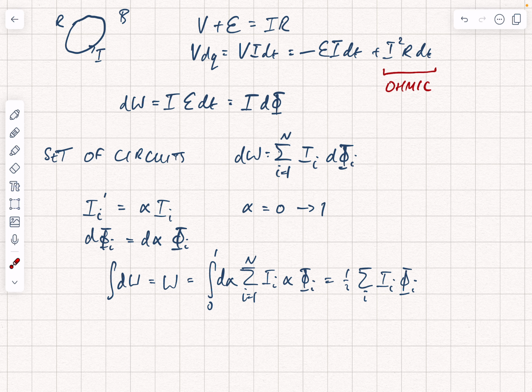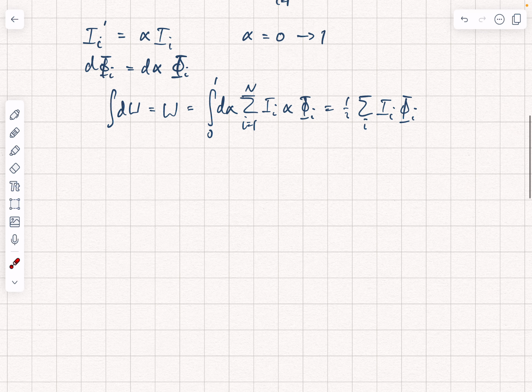And we'll see that in a moment. So to see that, let's just recall that the flux cutting through a circuit, phi I, is going to be the surface integral of B dot n dA. So that's the magnetic field passing through the surface defined by the circuit,